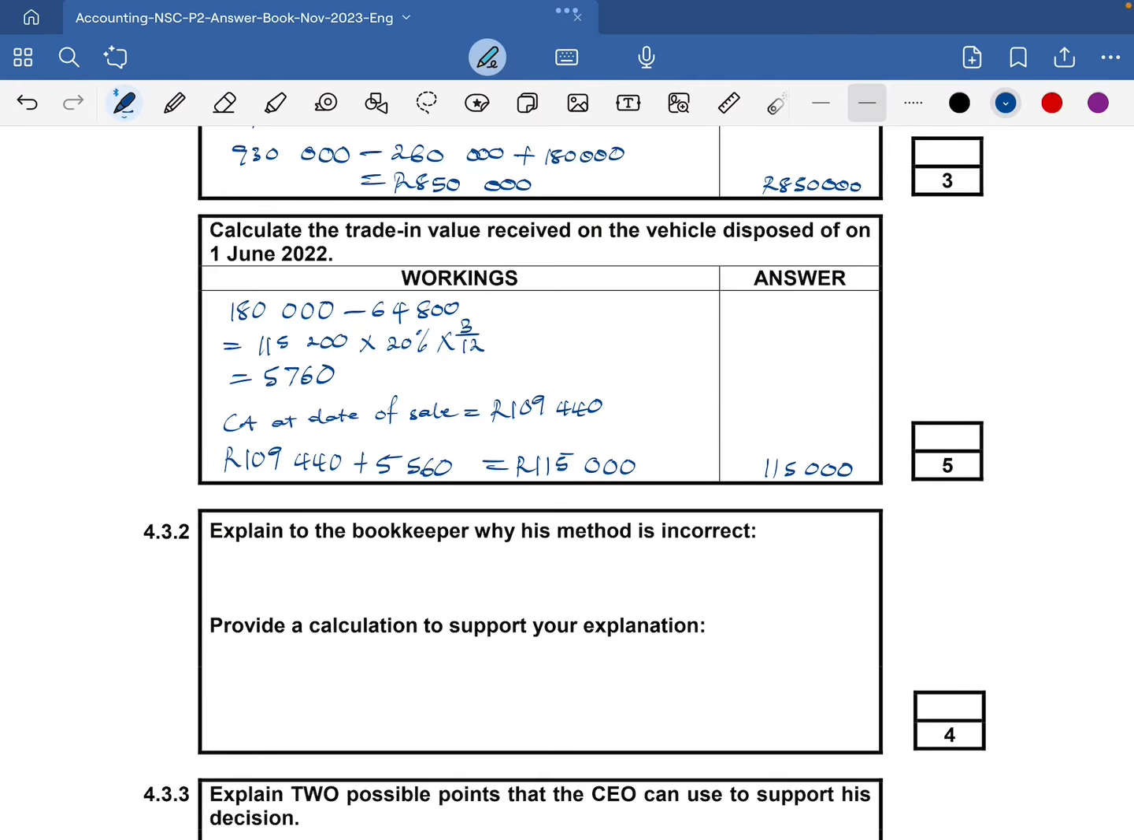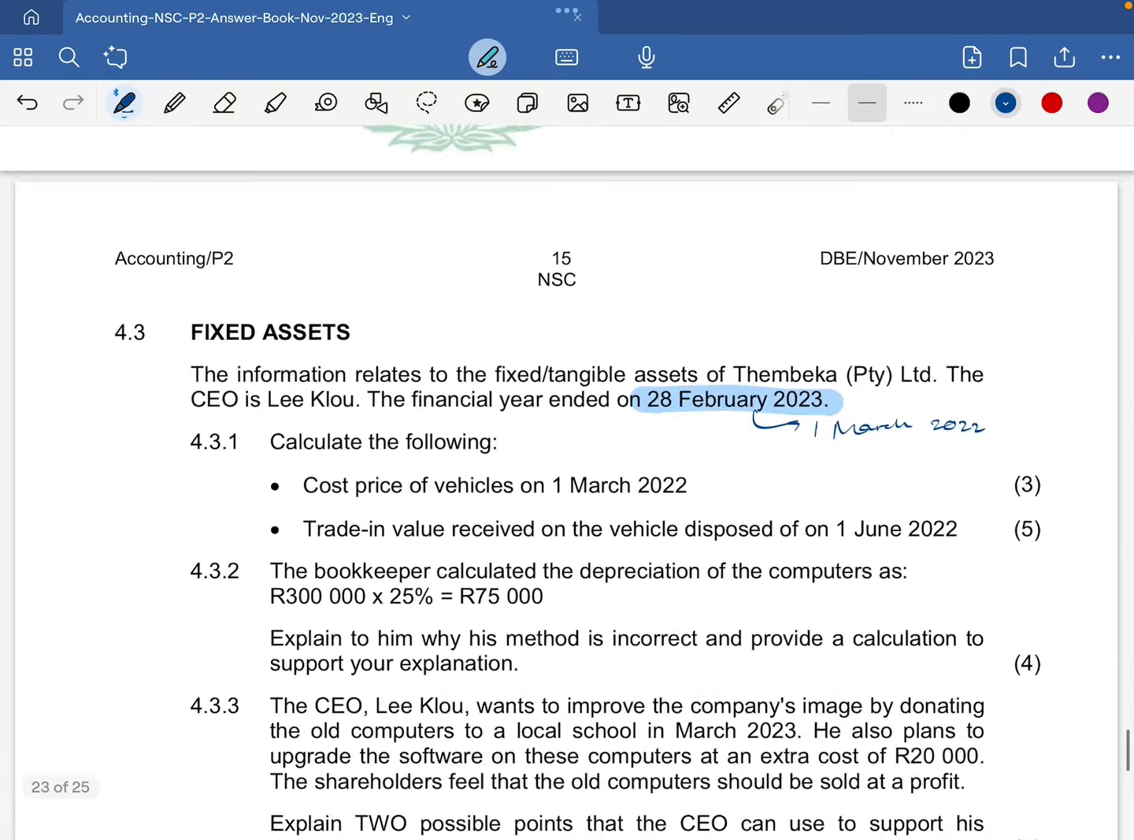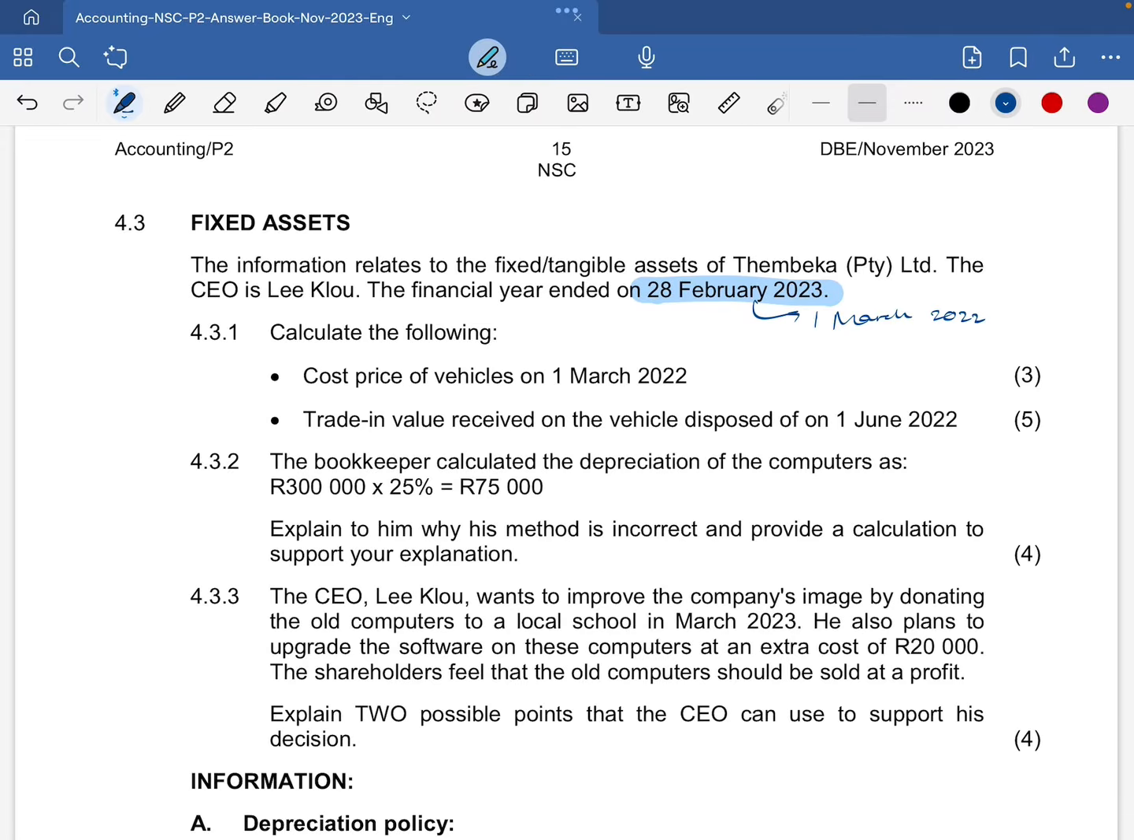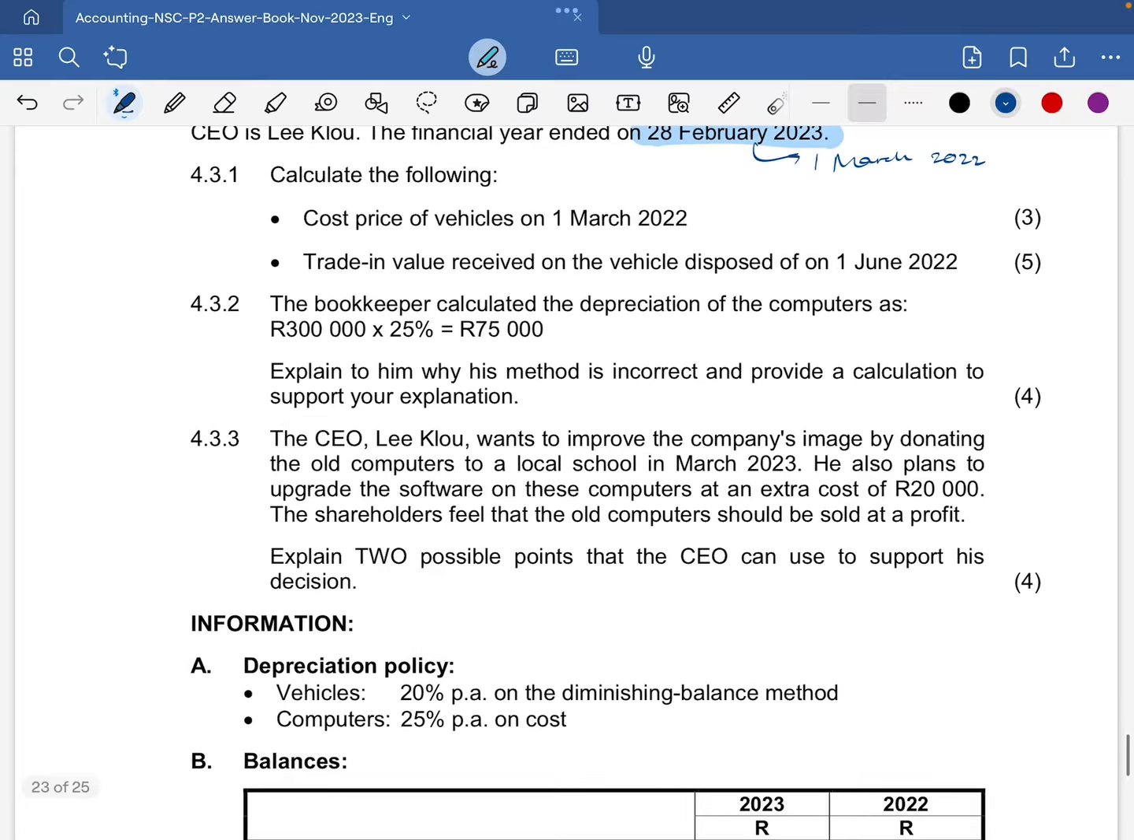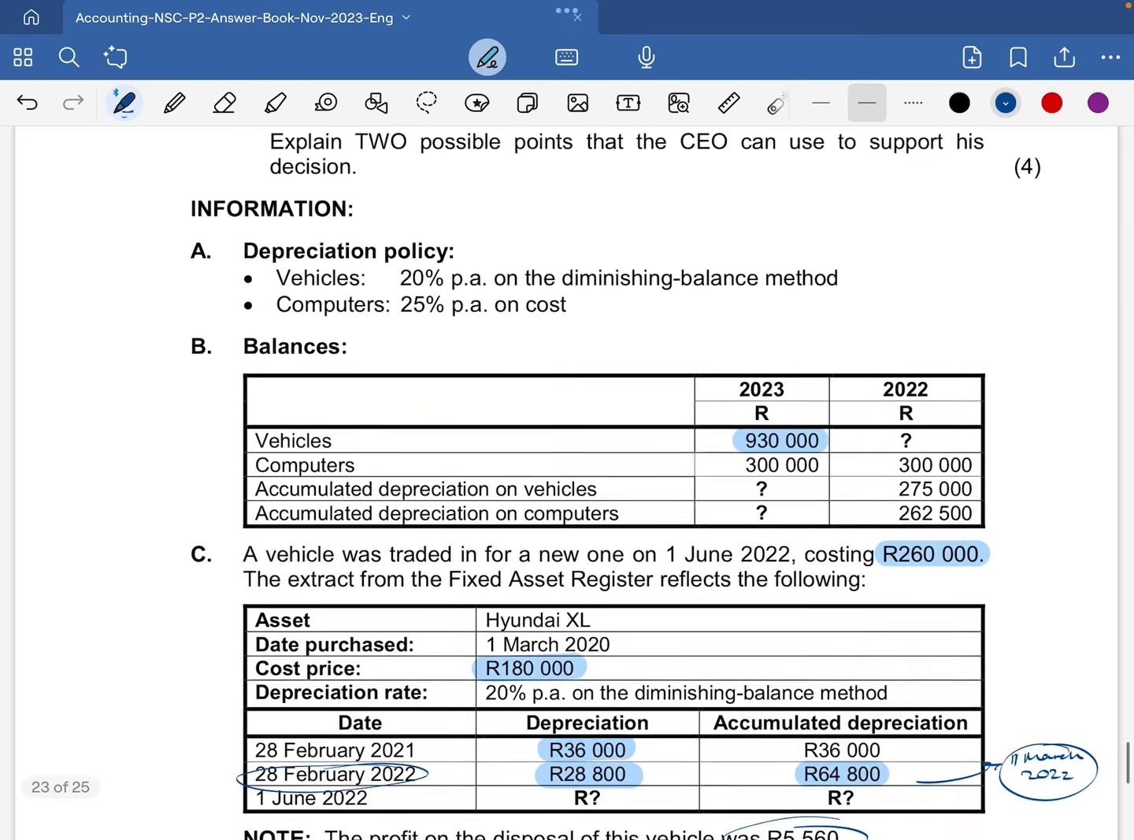Okay, then now we're going to look at 4.3.2 and 4.3.3. With 4.3.2, we have the bookkeeper that calculated the depreciation of the computers as 300,000 multiplied by 25%, which is equal to 75,000. So we need to explain to him why his method is incorrect and provide a calculation to support your explanation. So here, every time, I've said it before and I'll say it again, whenever you have your computers, or not necessarily computers, whenever you just have assets